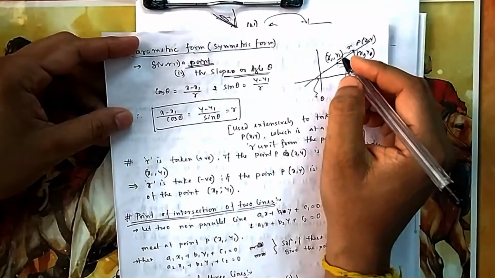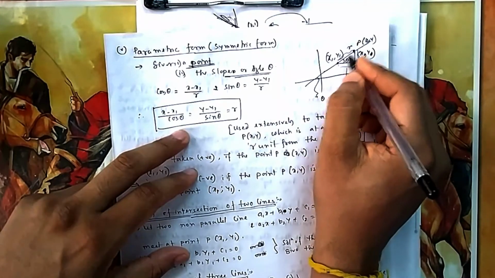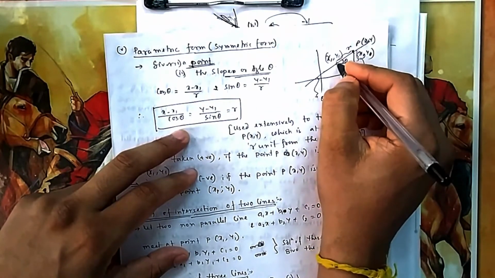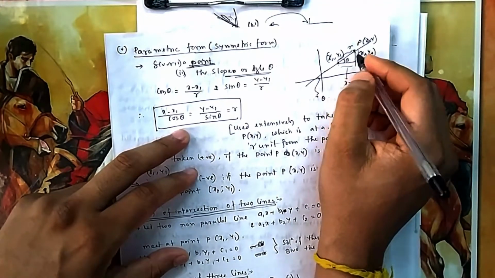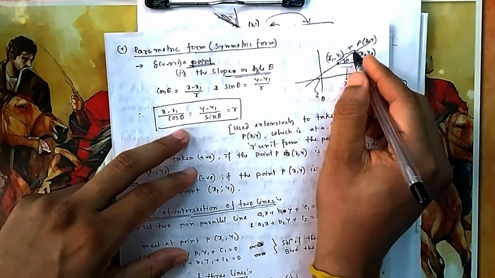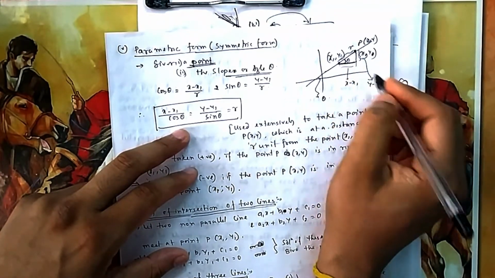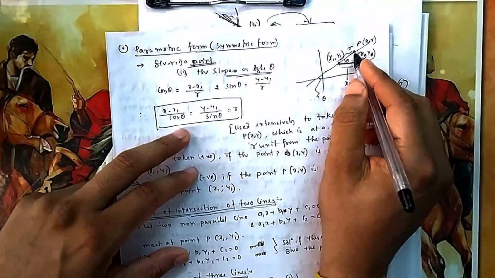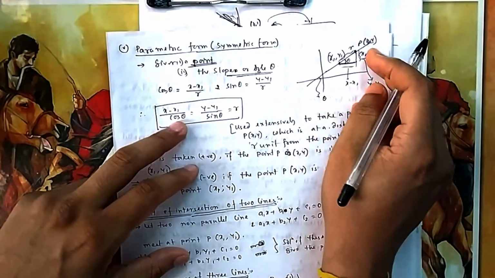Suppose now one additional thing is also given to you. Suppose the slope is given, and let me take a point x comma y which is at a distance of r unit, say 5 unit, from x1 y1, on this line only, in the same line. Suppose it is at r unit from the given point. Okay, so if it is at r unit and this is theta, what will be this one? This is r, this is its base, so this length is r cos theta, this length is r sin theta. And this is also x minus x1, if this is the x comma y coordinate, then up to this is x, this is x1, so x minus x1, and this is y minus y1.